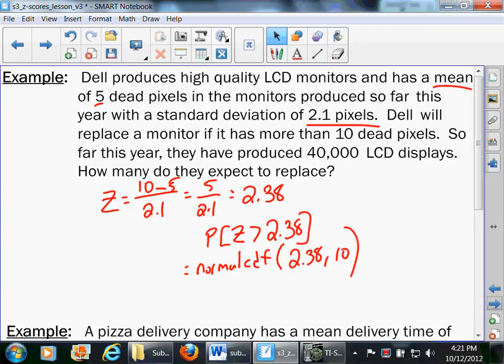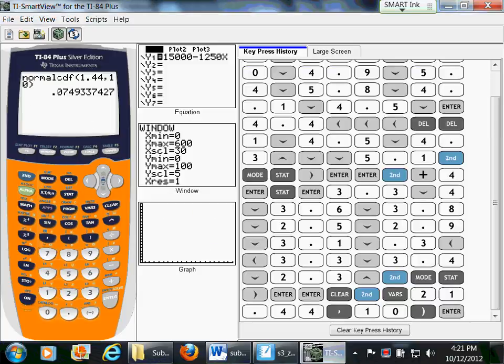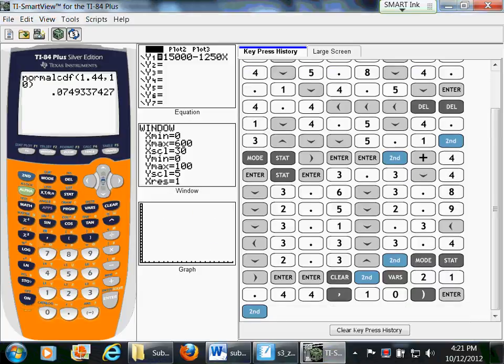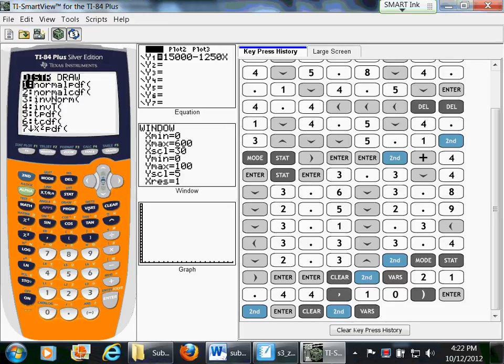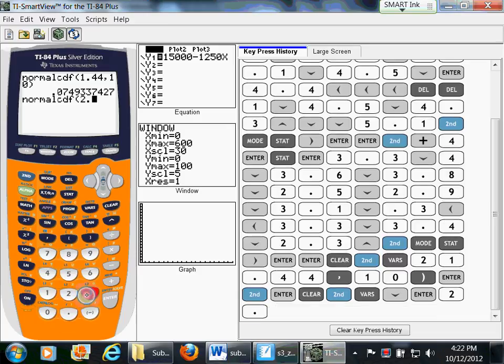So going back to our calculator, we go second, distribution, normal CDF, and then type in 2.38 to 10. And we get a probability of about